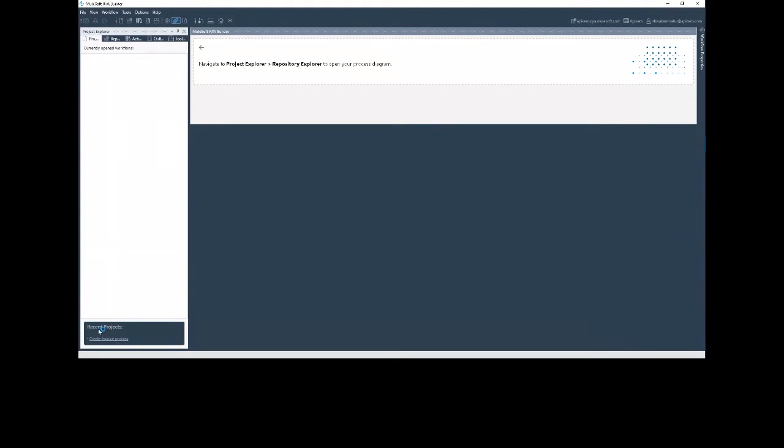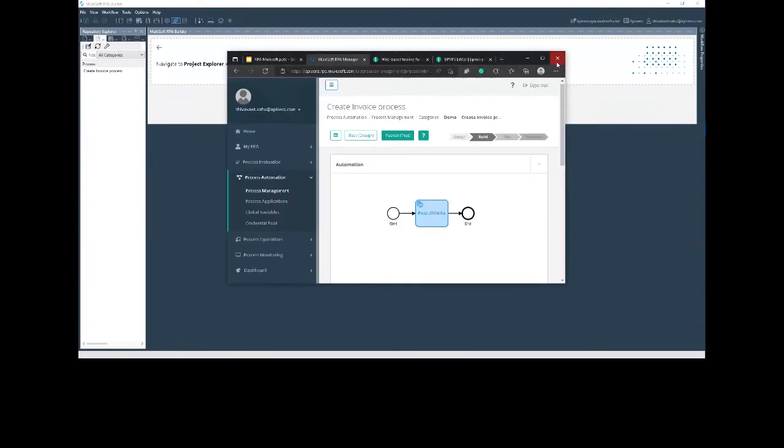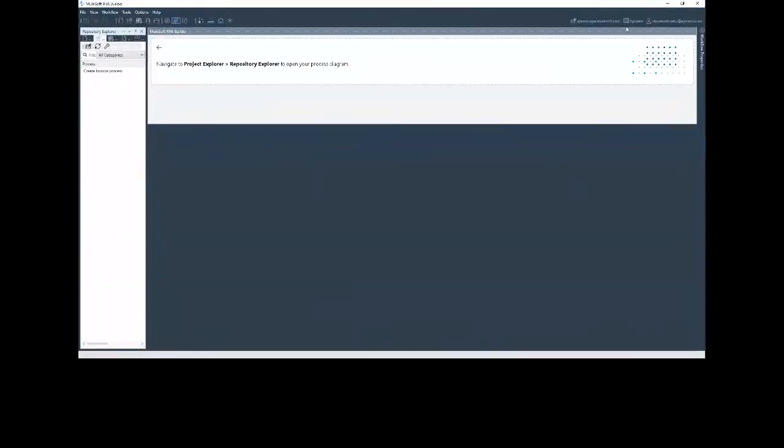All right. So you can see that I already did that create invoice process. Once it is published, the way you connect your asset, your exchange to your endpoint studio, the same way it connects to that. You can see that my credentials are put there and it is connected to this server. This is a server, right? So rpa.com. So this is connected to this server actually, and when you refresh this, you will see this process here, create invoice process.